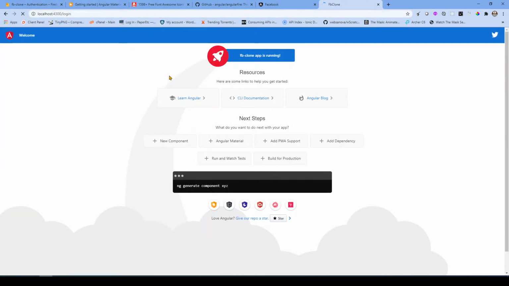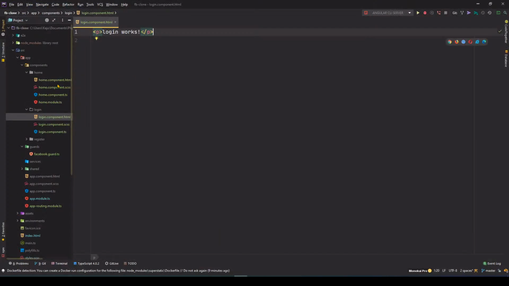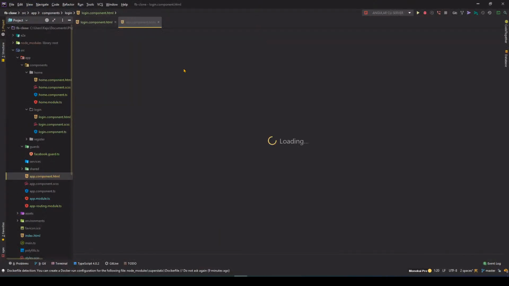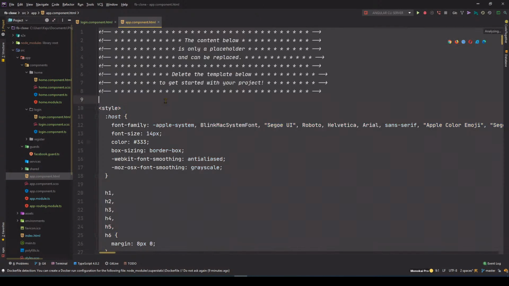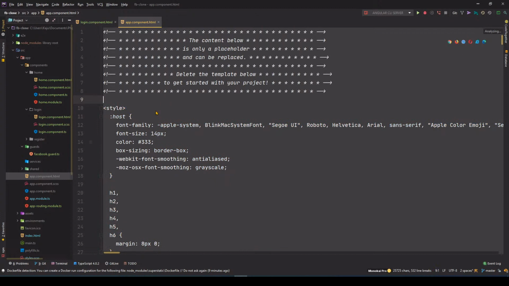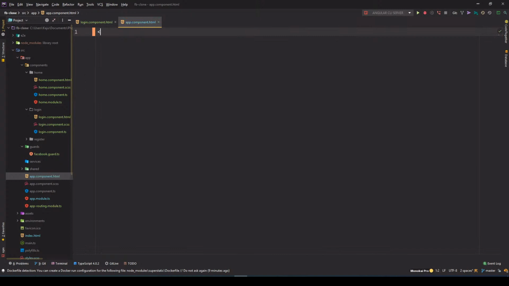This is my page here, and it's coming from my app component. Because you remember this is your default component, your root component. So if you want to display your routes, you need to use the router outlet